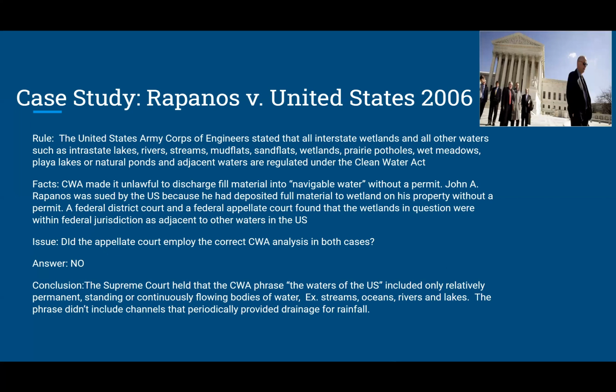But he claimed that that wasn't the case, that those wetlands had been filled prior to him buying the property, and by the state of Michigan, because he bought the property from the state of Michigan. So prior to him purchasing it, that had already been filled,